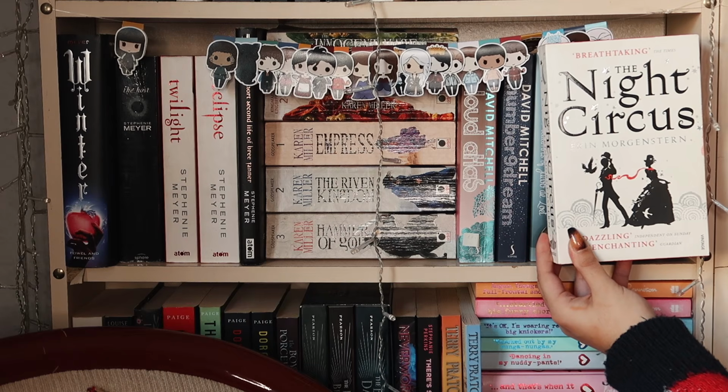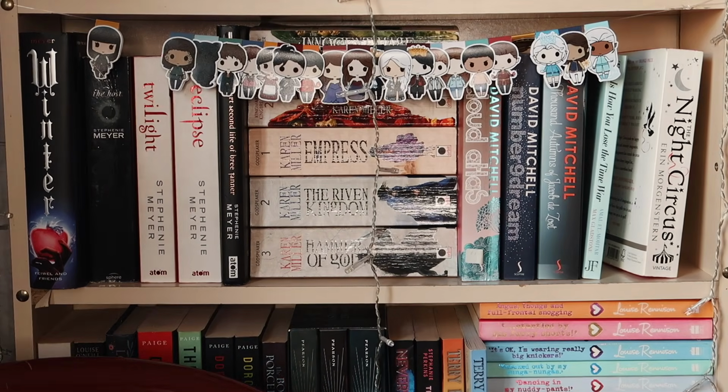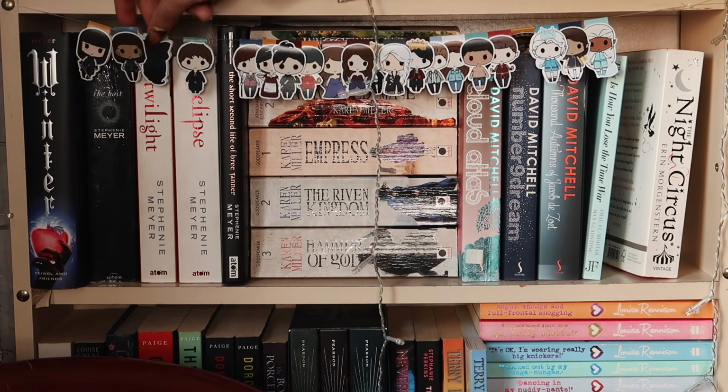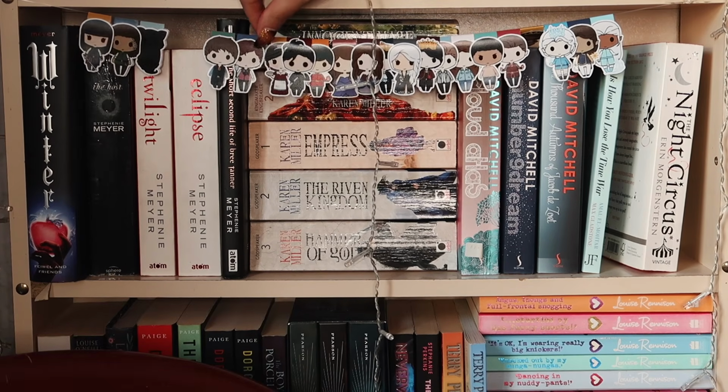They did a black one and a white one. This is the white one with red sprayed edges. And then for the happy hellos on this side, we have some Nevernight. Some of the Nevernight ones I'm missing because they're in books or on the edge of my